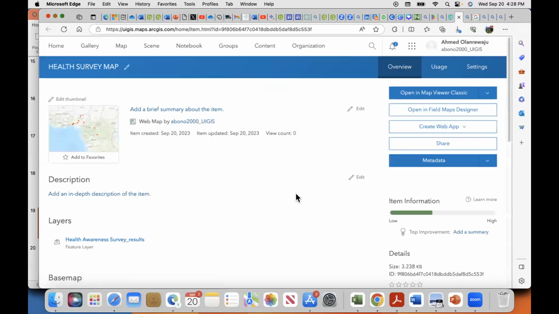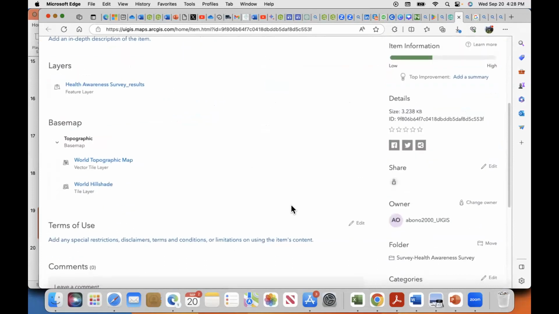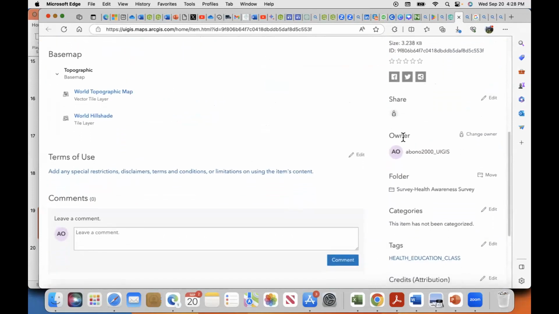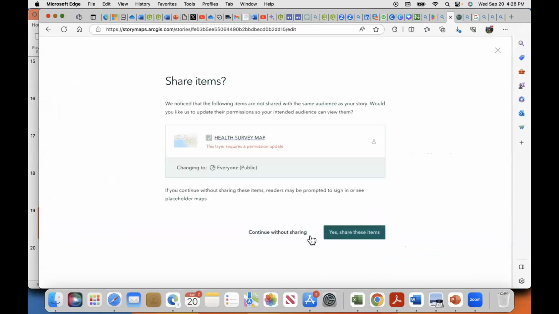Okay, I want to show us the story map that we created now. Although I mistakenly clicked private instead of making it public. So I want to go there now and edit it so that we'll be able to change it to public and not private.